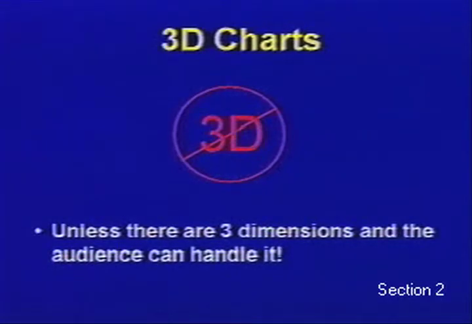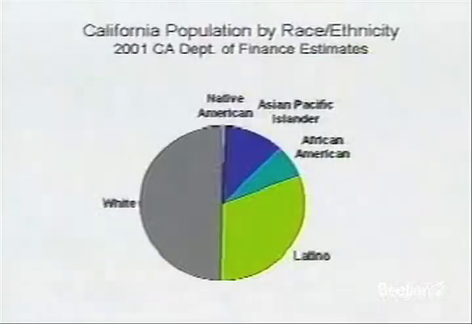One issue I want to discuss is the use of 3D charts and figures. The main point I want to make is that they should be avoided. 3D is the default in a lot of pieces of software, and it's just showy and glitzy and leads to a loss of information by and large. On occasion, there are actually 3 dimensions, and in those instances, there can be an effective way to present complex data. But here's an example, the simple pie chart I showed you a while ago of the distribution of the